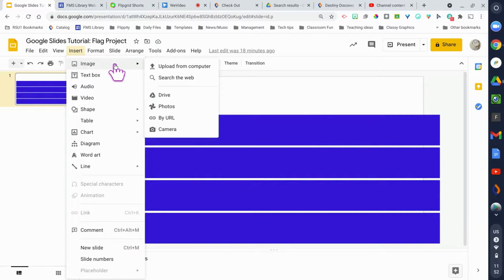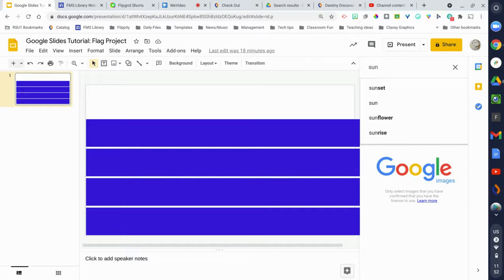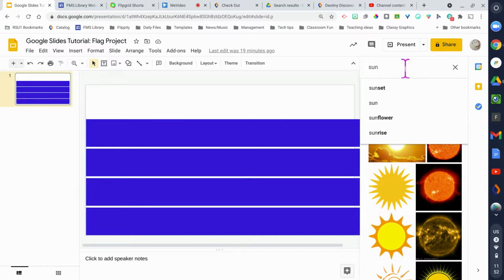You can go to Insert Image and then search the web, and here's a couple of tricks. So say into your project you want to insert an image of the sun. And so I just type in sun, and then I get all these pictures or photos. What I really want is Clipart. You can see I have a couple options here, but if I just add the word Clipart,